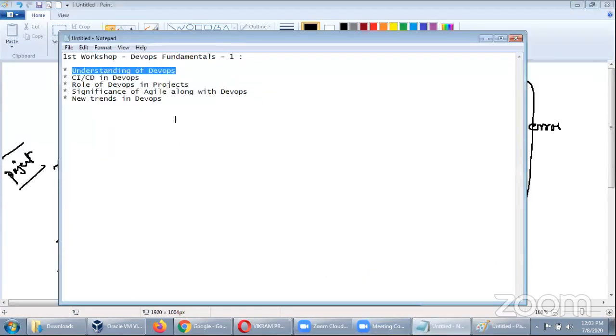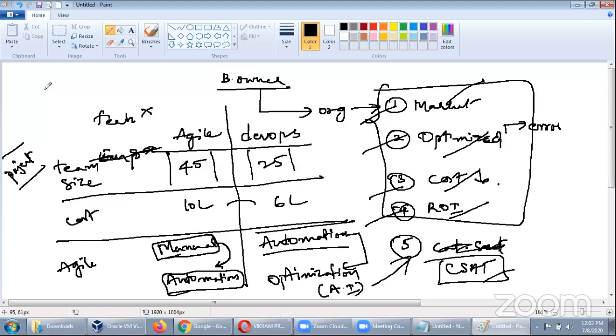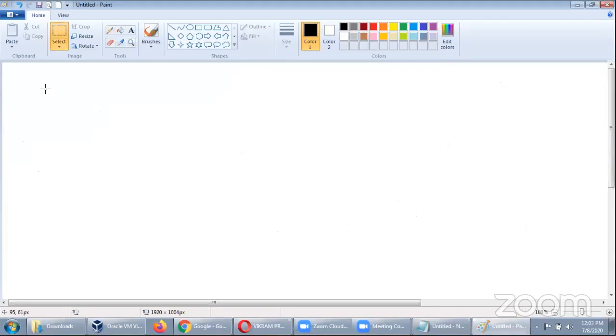Now, the second thing, if you talk about CI/CD in DevOps. What is CI/CD, guys? You know what CI/CD is in DevOps?